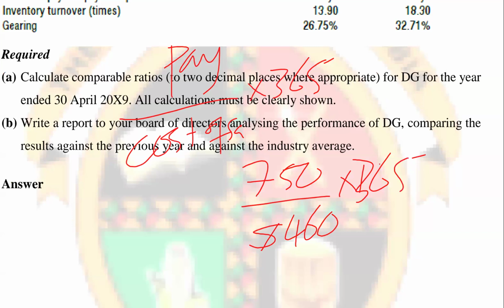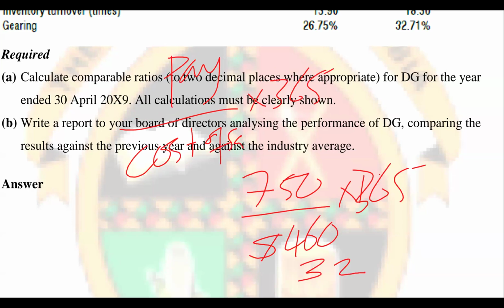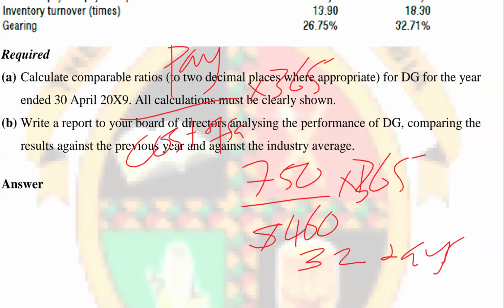Let me just, okay, you said it's 250? How many days are these? 32 days. 32 days. But when you look at the 32 days,